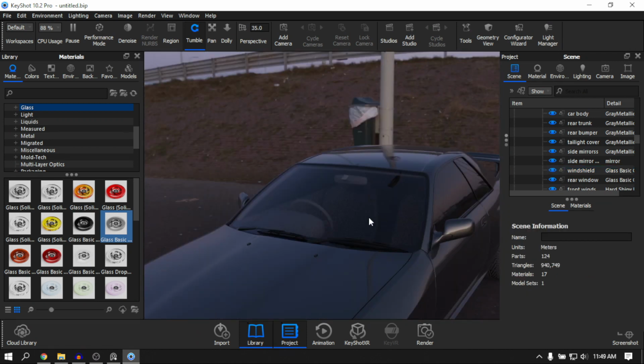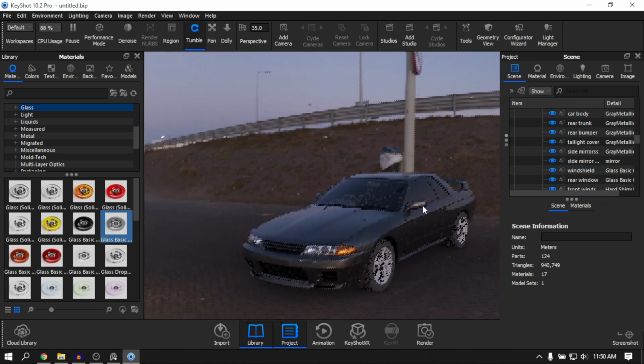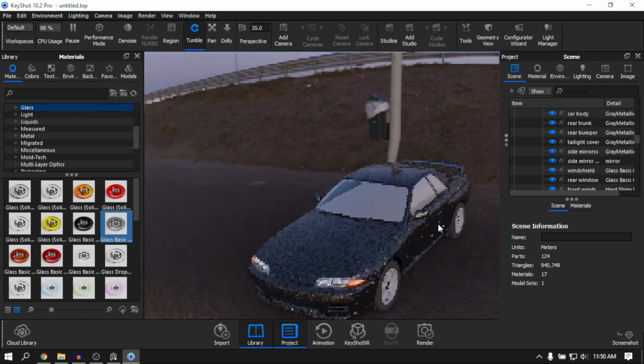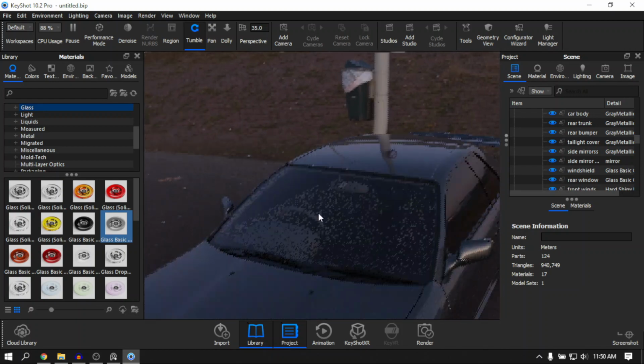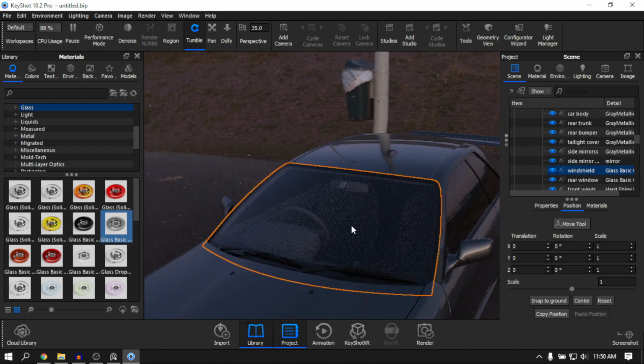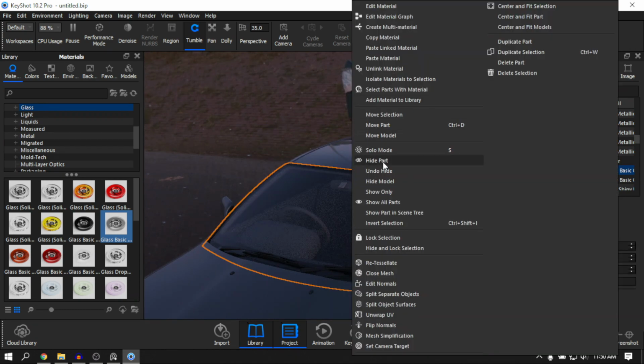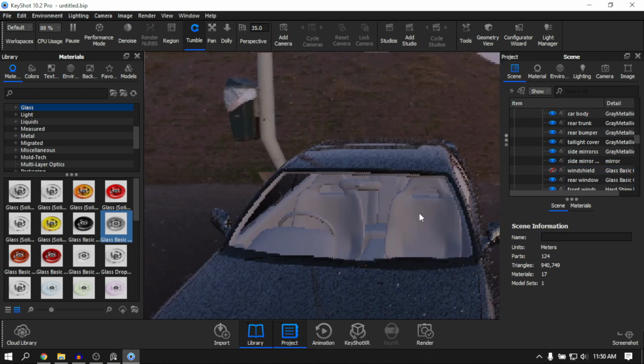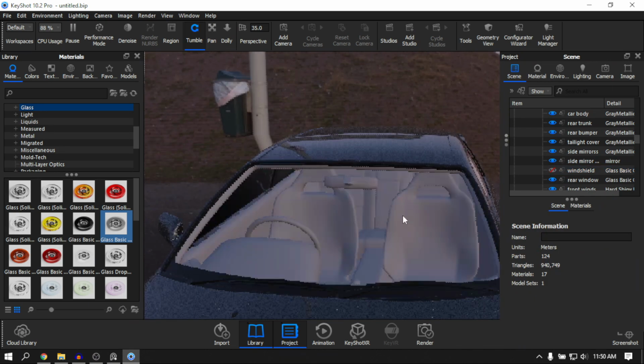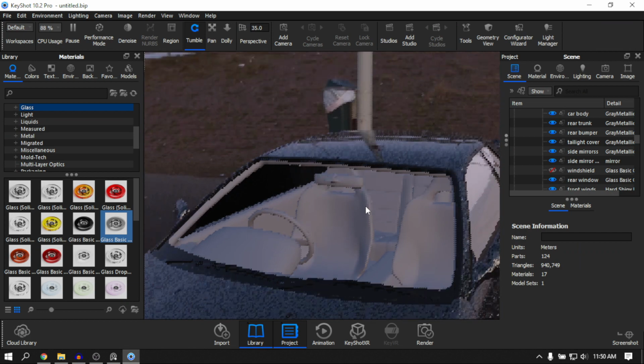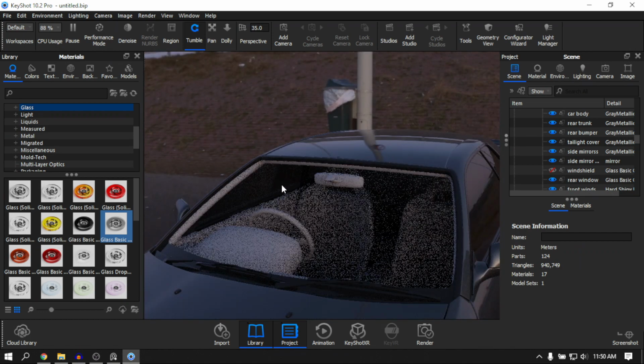Right, so the next thing I would like to do is I want to texture the interior. So we are going to left click on the model of the windscreen, and we are going to press hide part. Now that our part is hidden, we are going to texture it, but you can see that it takes a while to load up for the interior, and that is because it's calculating all the light bounces that are happening from the side windows. So we can turn off the shadows by clicking on performance mode,